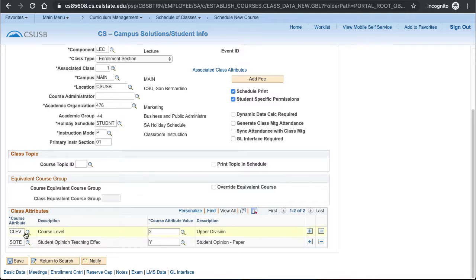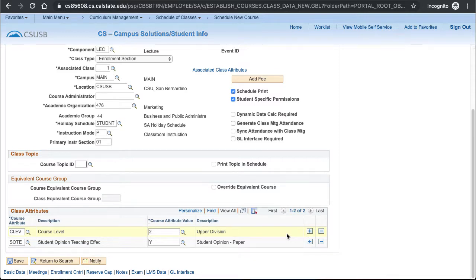Our last box on the Basic Data tab is the Class Attributes. All classes should default with CLEV, or course level, and the appropriate value, and SOTI should be Y, so the course is flagged for student opinion surveys. Online courses should be changed to O, so the SOTI will be administered online.